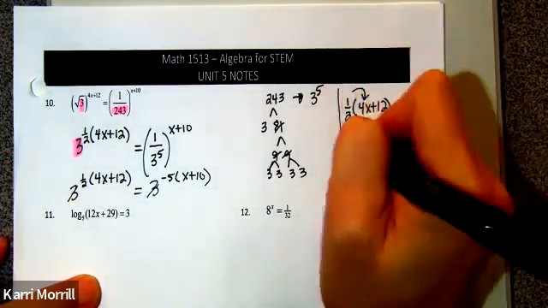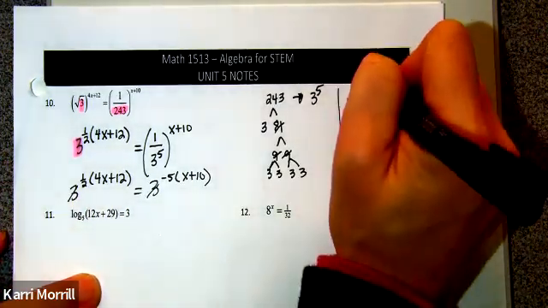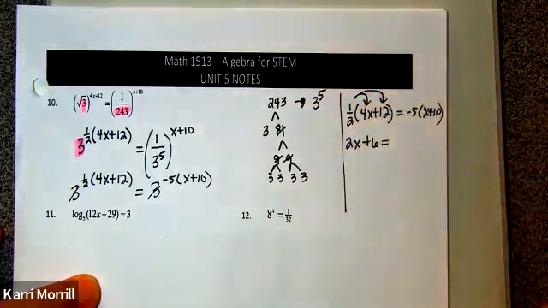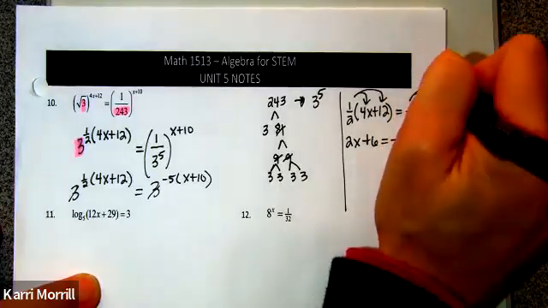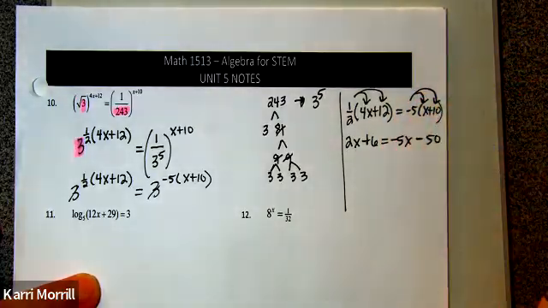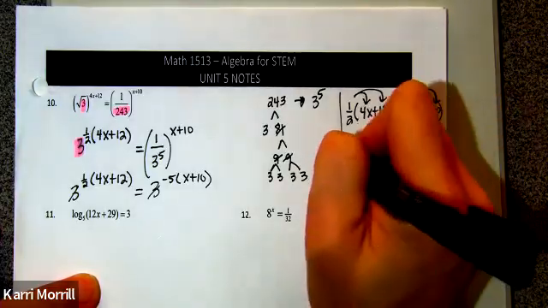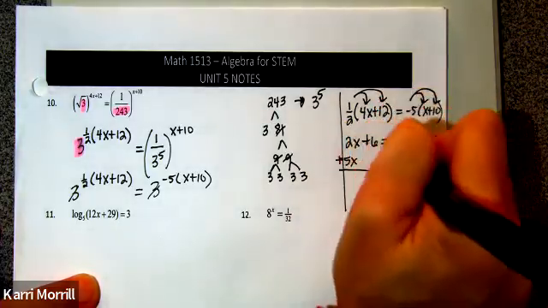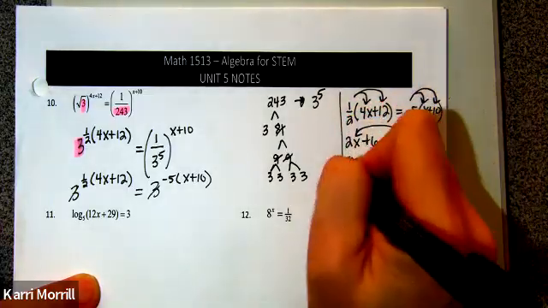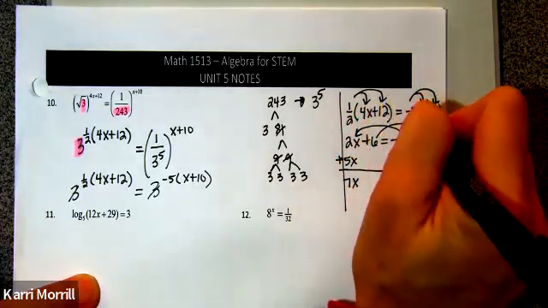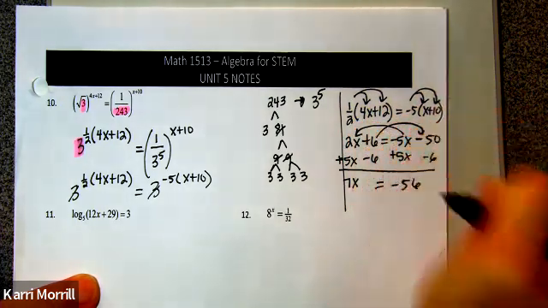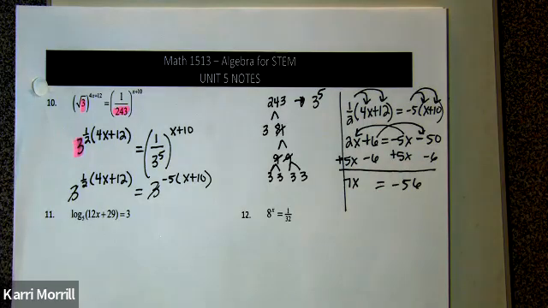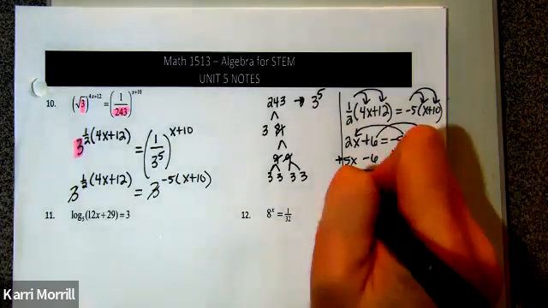So 1/2 times 4 is 2x. 1/2 times 12 is a positive 6. -5 times x is a -5x, and a -5 times 10 is a -50. So you can move your x's or your constants first. I'm going to move my x's to the left and call that 7x. And then move this over to the right and call that -56. When I divide by 7, x is